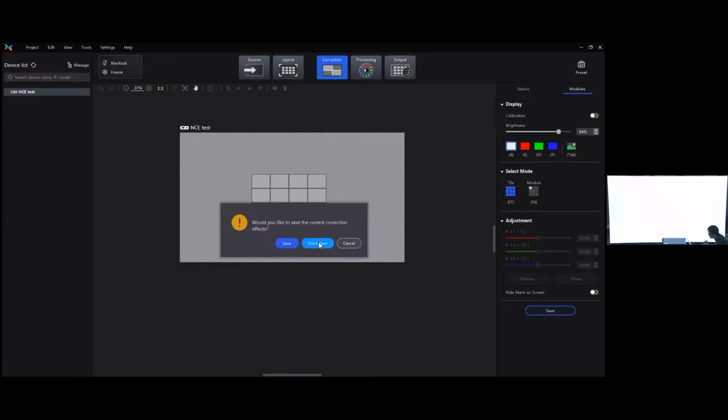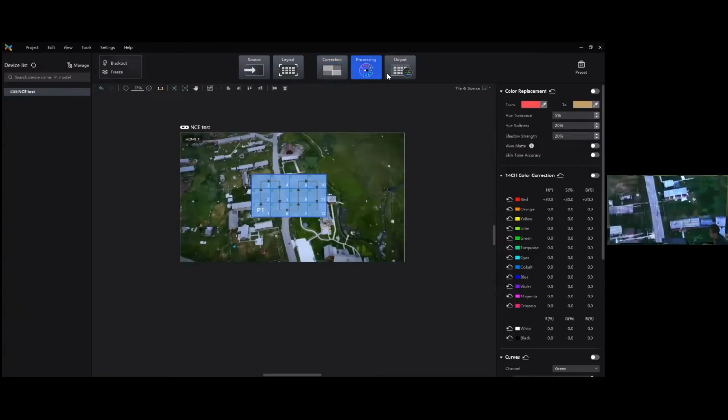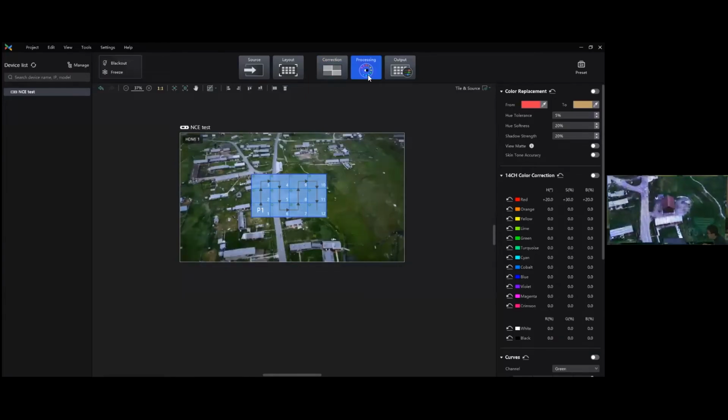After you set everything down, you can click save to save it to the controllers. So now let's just, don't save it. All right, so now let's move to the processing part, because